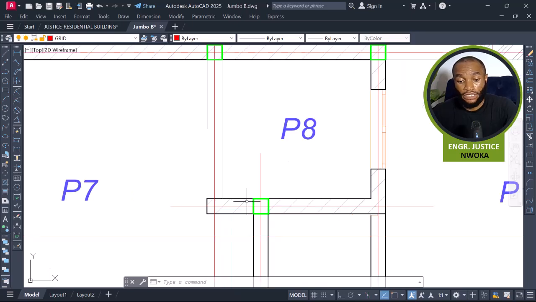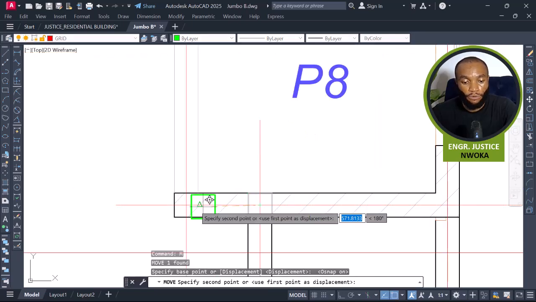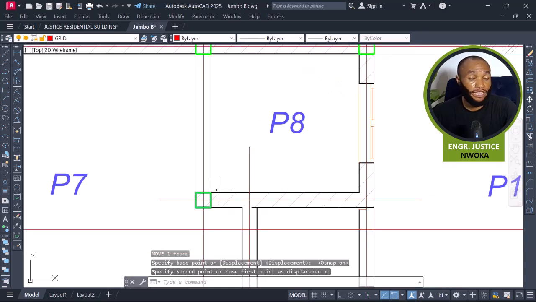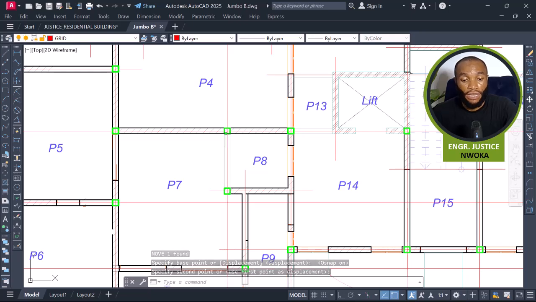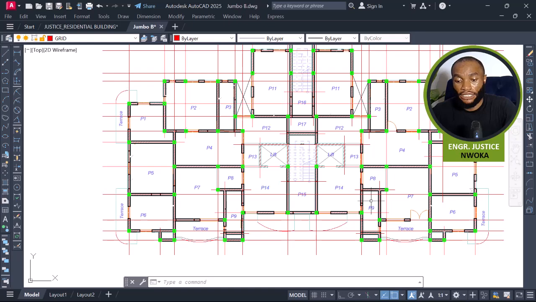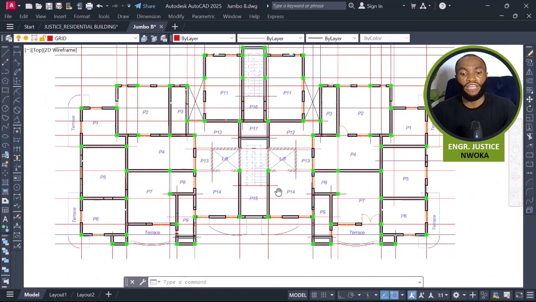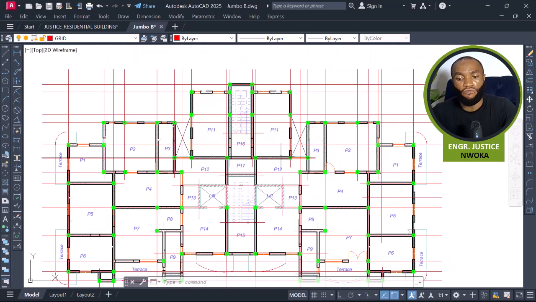And since we can avoid it in this case, if we move this column from this point to this point here, the column will still be hidden. So why then do we have to make it a cantilever beam? So with this, we can just move this column to this other place here. Okay, that's fine. And the same thing happens here too. So with this, you can see how we have now performed the framing of this structure,